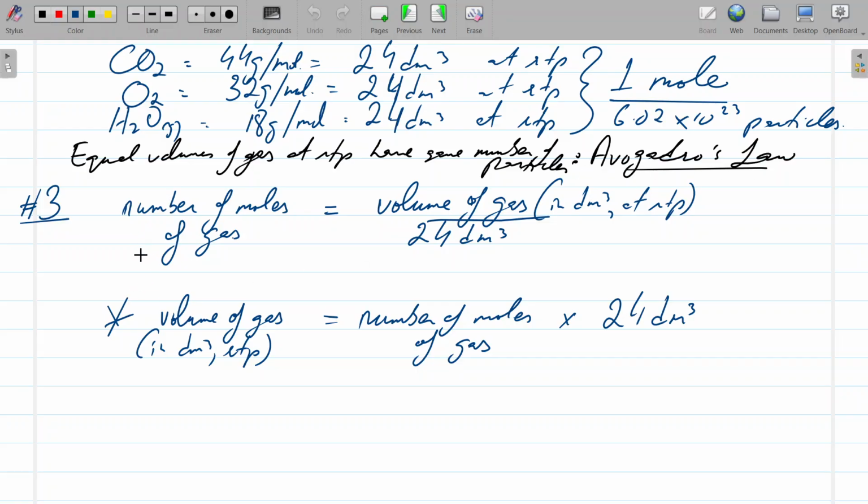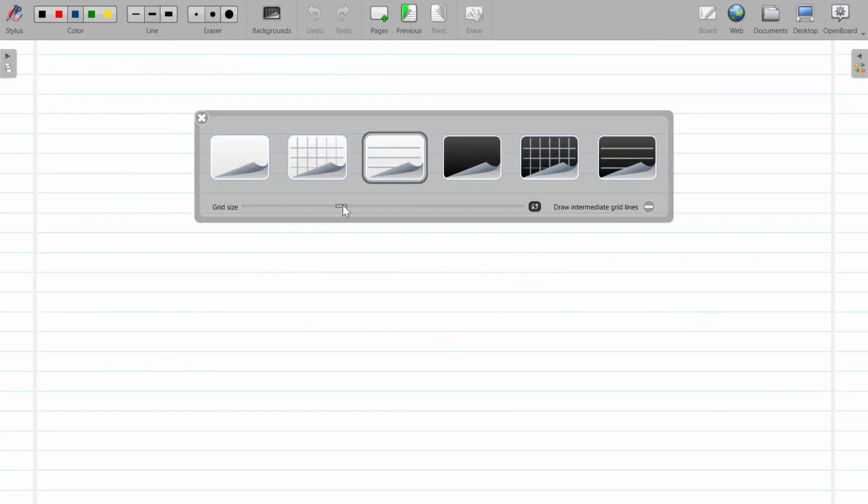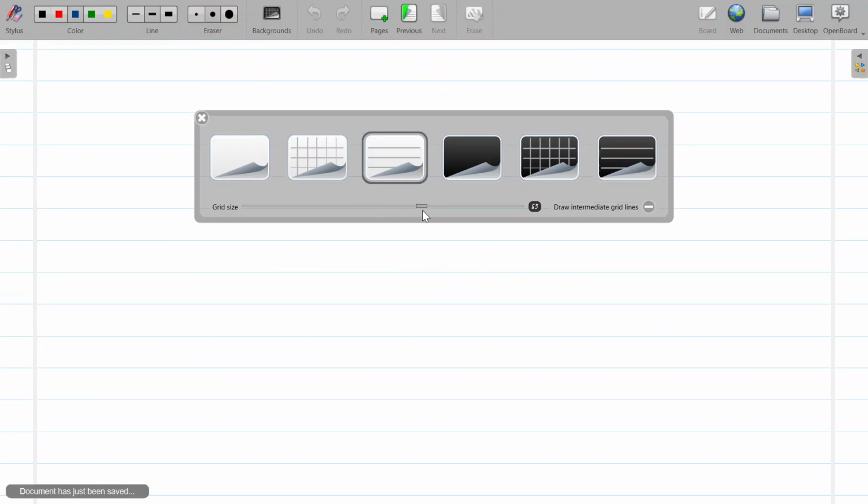For that, we have the equation: number of moles of gas is volume of gas in dm cube at RTP divided by 24 dm cube. And you can flip that around and get the other variants depending on what the unknown is. We did a couple of questions for that. And so today we are moving on and we'll talk about